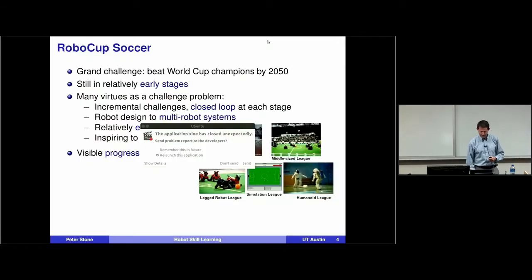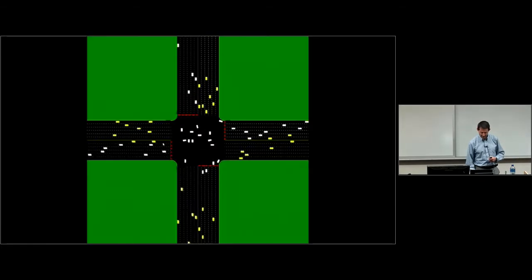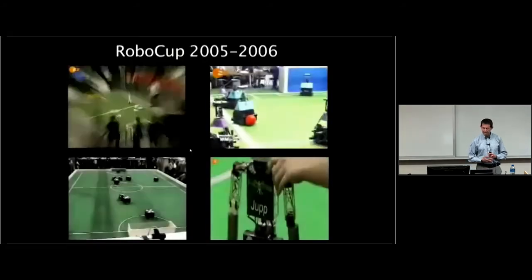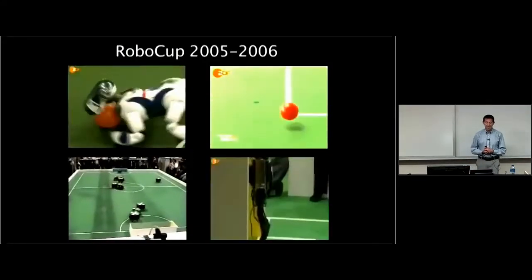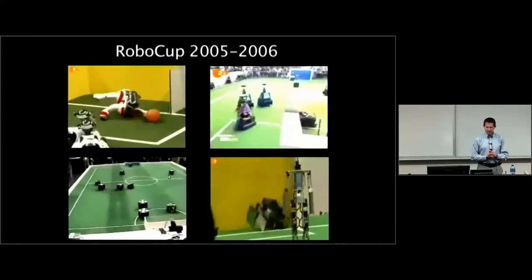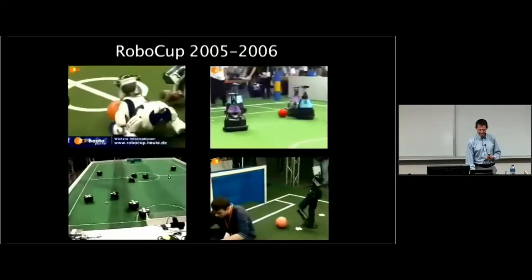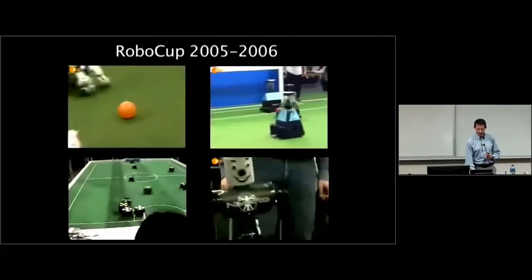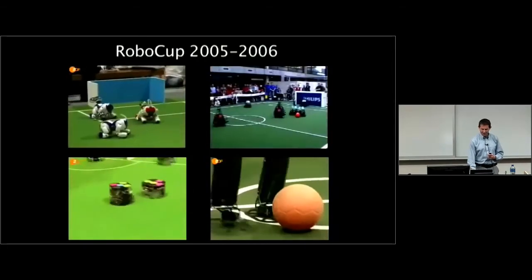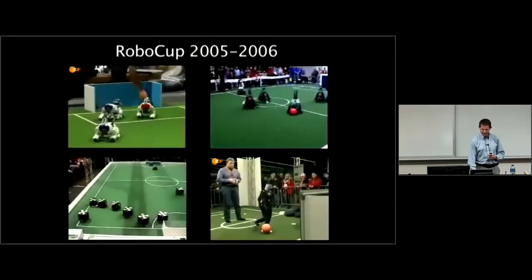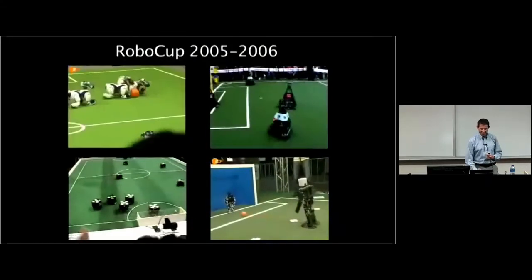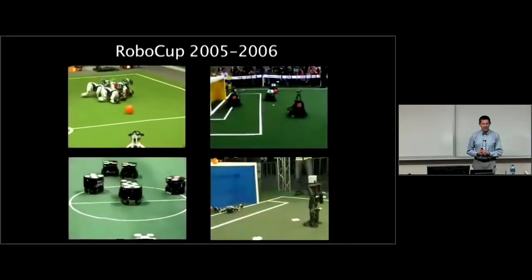If you jump ahead 10 years from that, still more than 10 years in the past, you'll see big improvements. The robots are now much faster. They're able to do more collaborative things, passing. It was the beginning of the humanoid robot competition, so they just did a penalty shot competition that year. But even then, the robots could kick the ball. Now, if you look at this league, there's a lot more progress. Here, there's a lot more passing and fast motions.